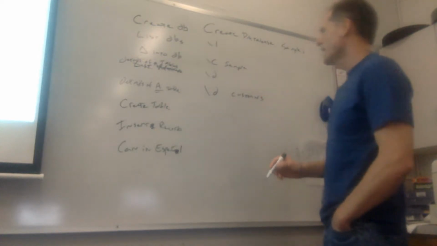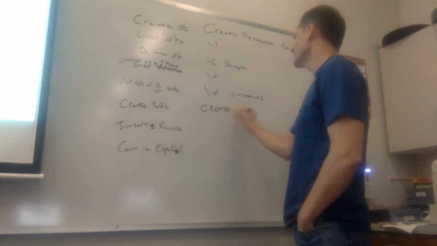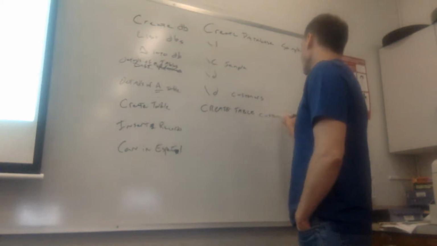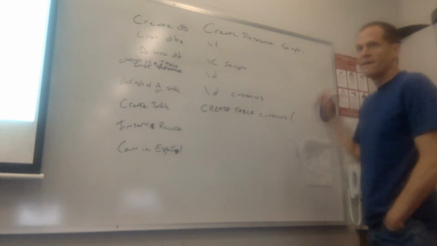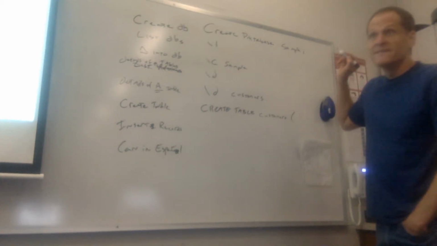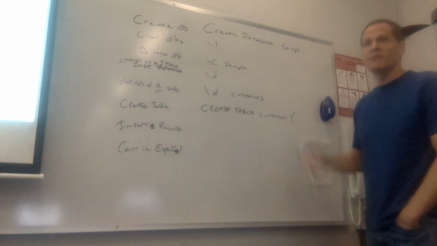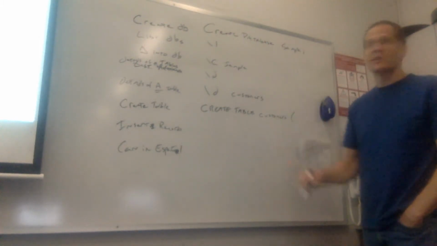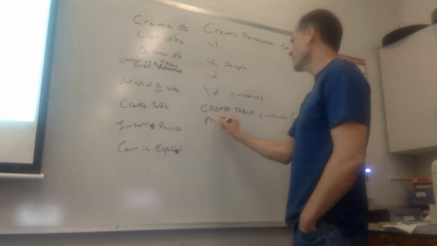Semicolon not needed. How do we create a table? Create table customers, and then we're going to have here field name, data type, constraints. Field name, data type, constraints. Field name, data type, constraints. Field name CID, data type int, constraints primary key,